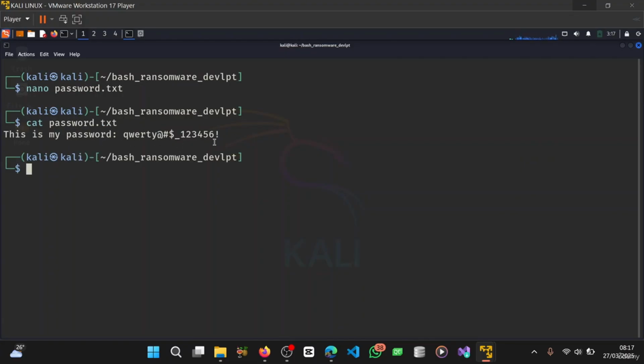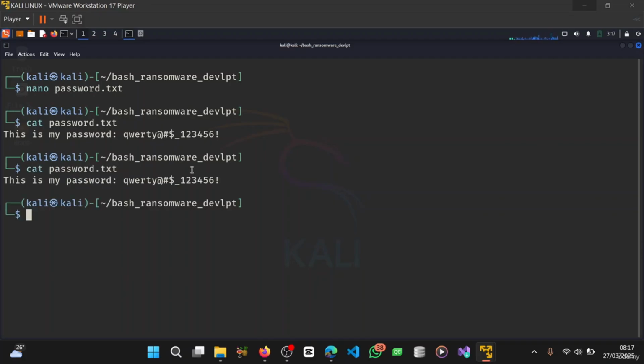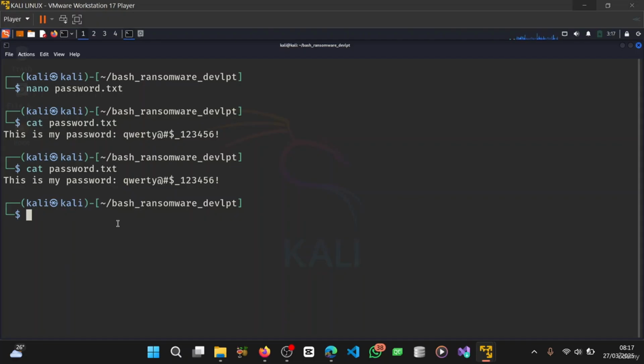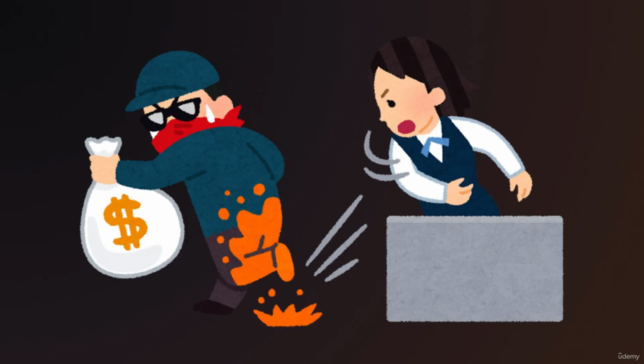Now take for instance, I left my Kali Linux unlocked and I went somewhere to ease myself, and someone comes up to my computer system, sees this text file, and uses the cat command to display the content. That means my password is gone, that is, my account is gone, because the person will be able to use this password to log in to my account, right? Okay, so what I'm going to do now to avoid such an ugly scenario is to encrypt this file